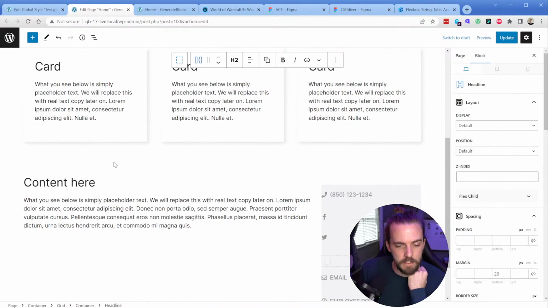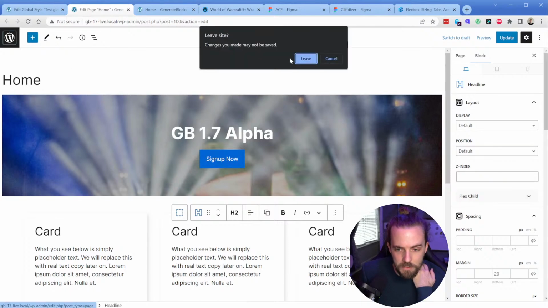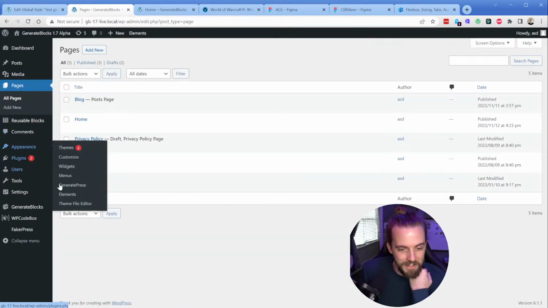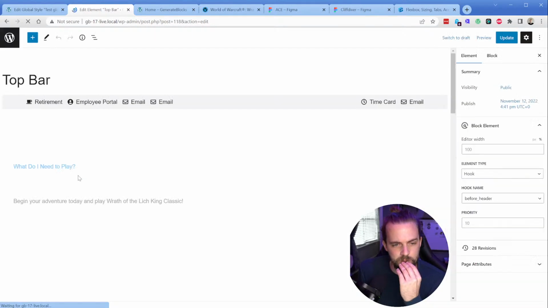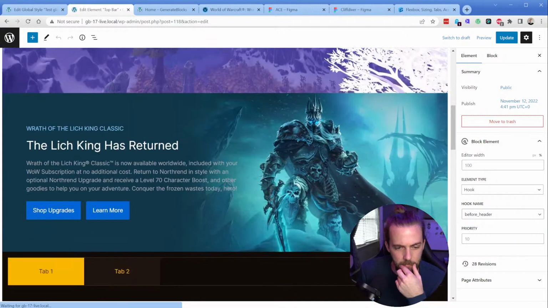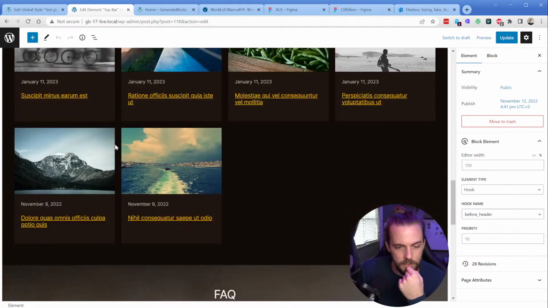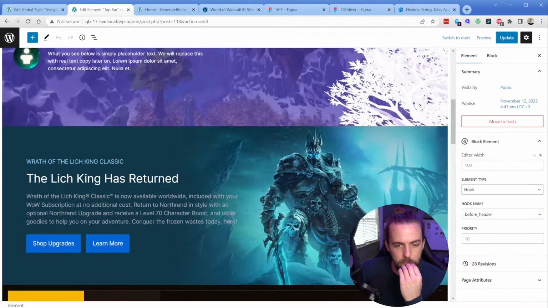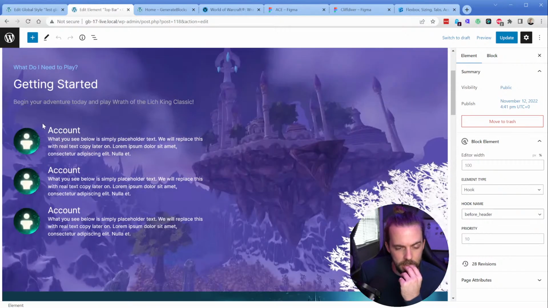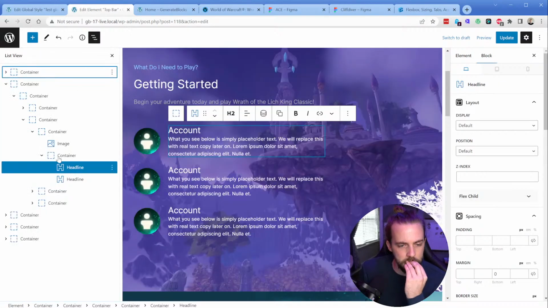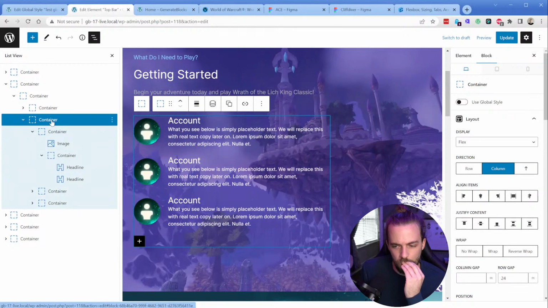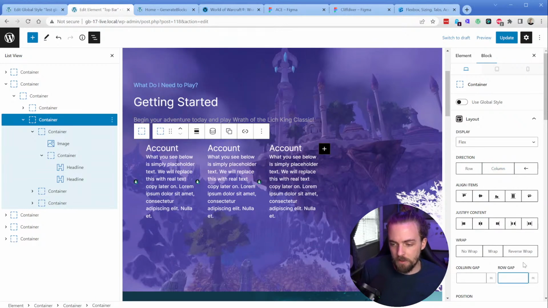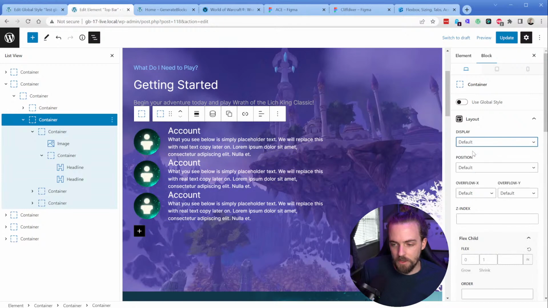And this is a legacy. Oh, I was in my elements this whole time. I forgot I wasn't actually on a page. Elements, top bar. Okay. So what would be the best layout for me to test this on? Probably this one. So if I take off the column gap and the flex direction,